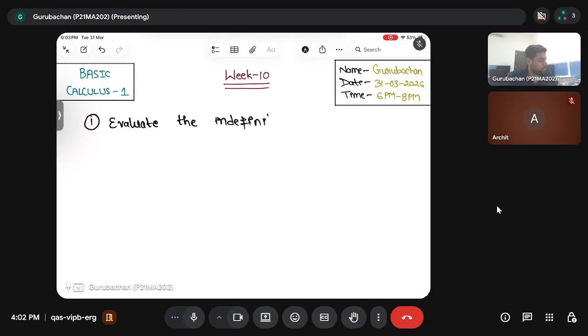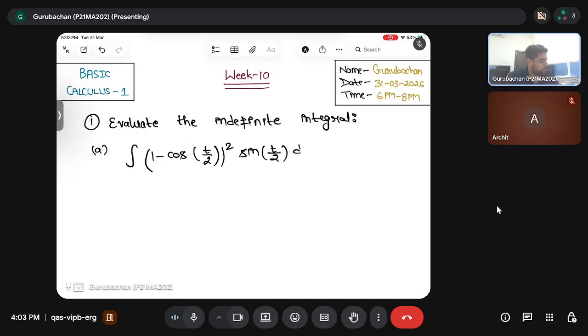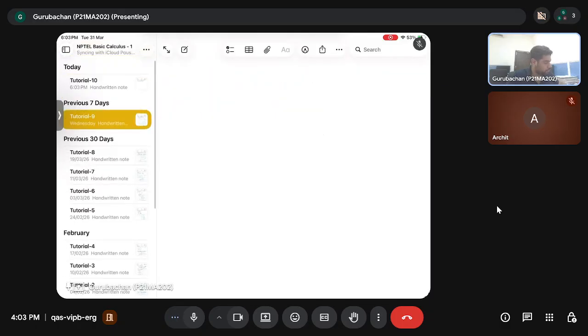Evaluate the indefinite integral. The first one is (1 minus cos t by 2) whole square times sine t by 2 dt. So in the last class what we have done,